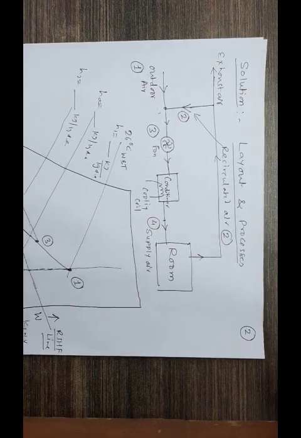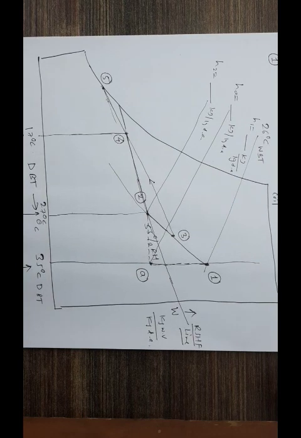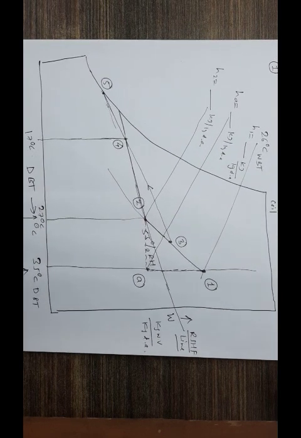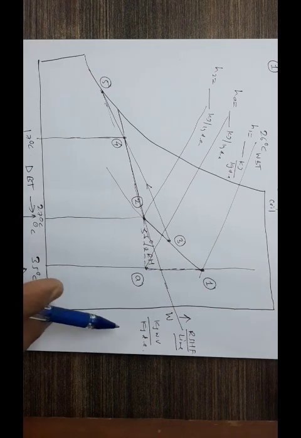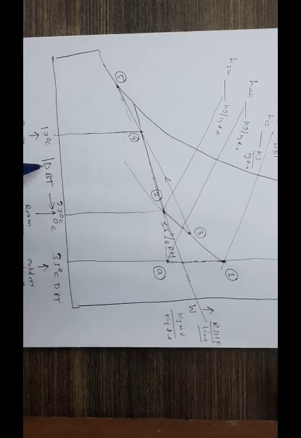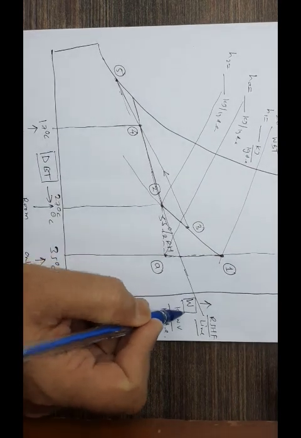Let's see how this happens to be on the psychrometric chart. Now you have to use your psychrometric chart assuming that we are at mean sea level, and therefore we can use the chart which is at 760 millimeters of Hg. So here I have shown the representation. You will actually have to check it on your chart for the detailed values. So we have W on this axis, that is the humidity ratio. We have the dry bulb temperature over here, DBT, and this W. These are the two axes which we are considering.